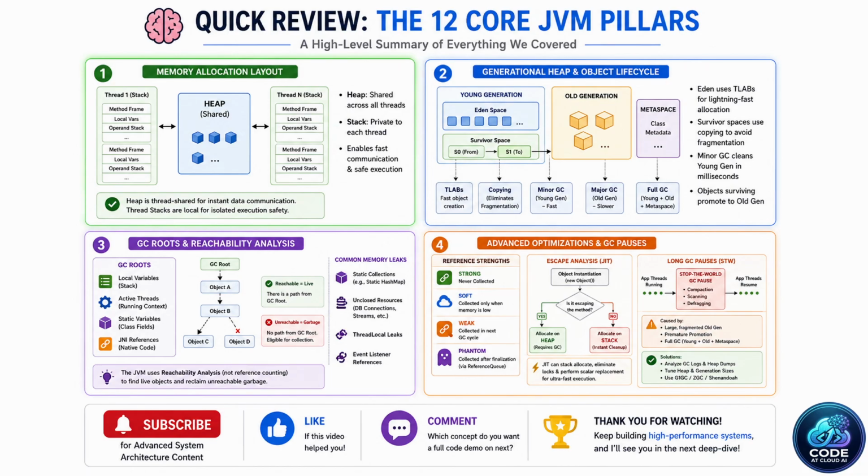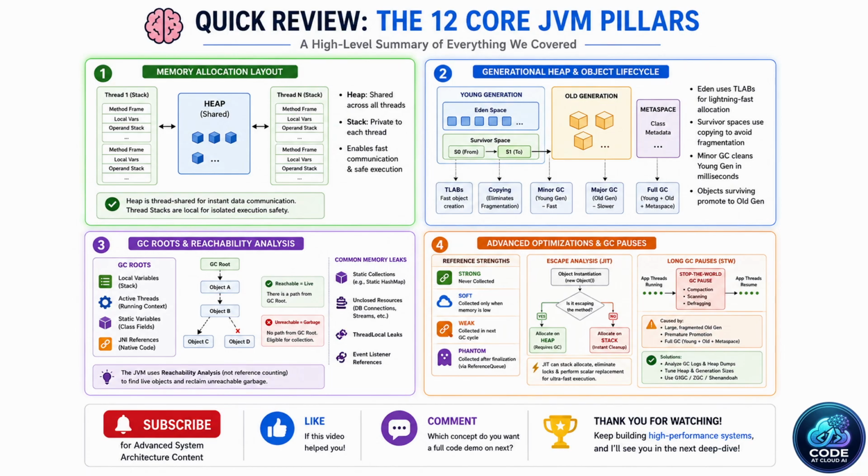Next, we journeyed into object lifecycles, showing how the Eden space uses TLABs for lightning-fast object creation, how dual survivor spaces use a copying mechanism to completely eliminate physical memory fragmentation, and how minor GCs target just this young tier in milliseconds. From there, we scaled up to the old generation, contrasting targeted major GCs against massive global full